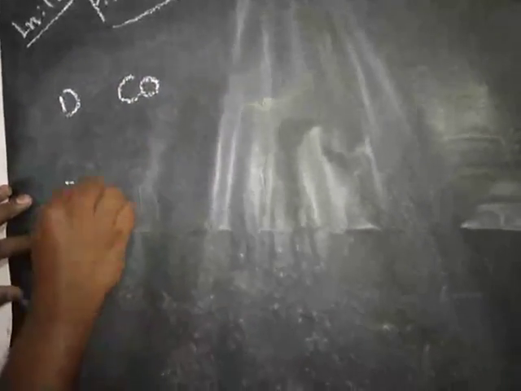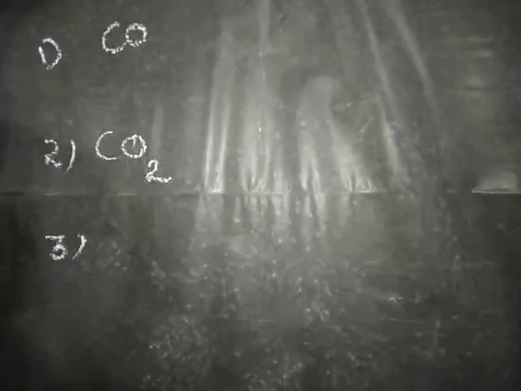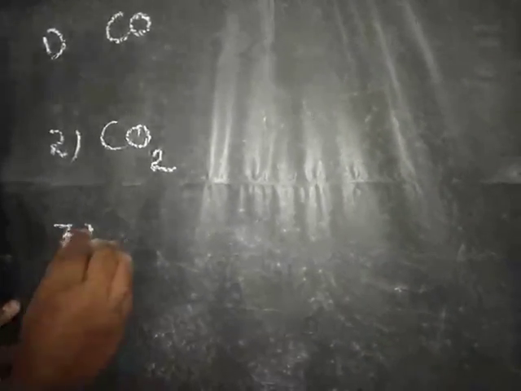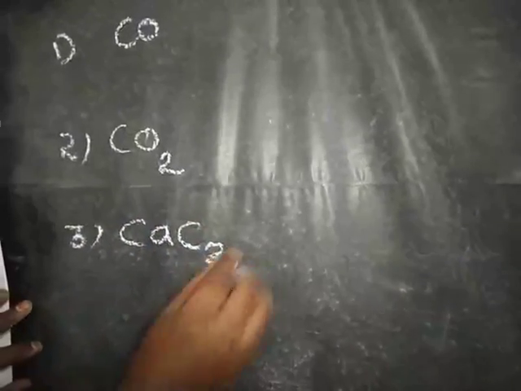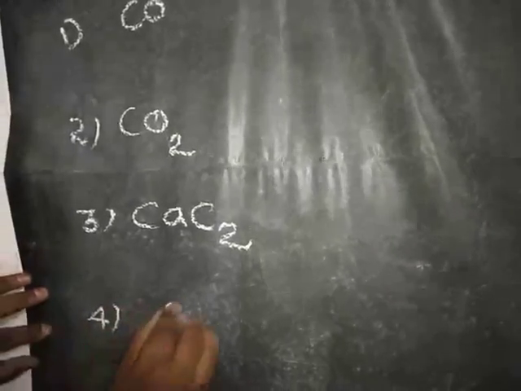In our textbook, a tabular column format is given, the list of inorganic compounds. How to prepare these compounds, and their uses and properties are also given. So the first compound we will see is carbon monoxide. First one carbon monoxide, second one carbon dioxide, third one calcium carbide, fourth one carbon disulfide, CS2,